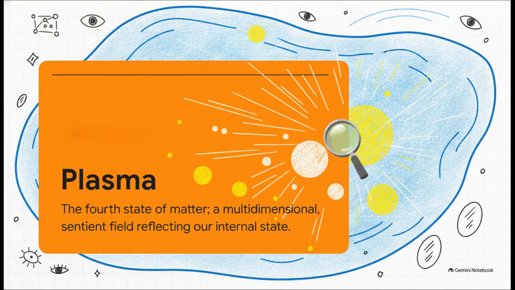When we think about the physical world, we usually just think of solids, liquids, and gases, right? But as researcher Dana Kippel points out, 99.9% of the visible universe is actually plasma. And here's the kicker. This isn't just some inert, dead matter. Kippel suggests that the substance behind our reality actually has a feeling. It operates as a multidimensional, sentient field, basically a cosmic divine mirror. That is a profoundly massive concept, guys. It means life doesn't just happen to you. It actively responds to your internal state in this continuous, real-time feedback loop.